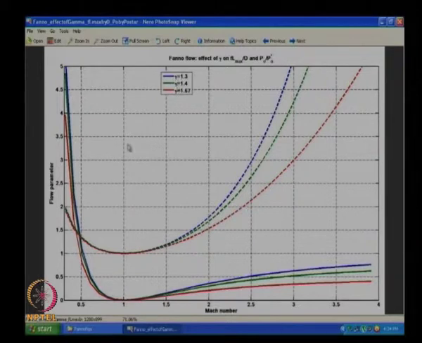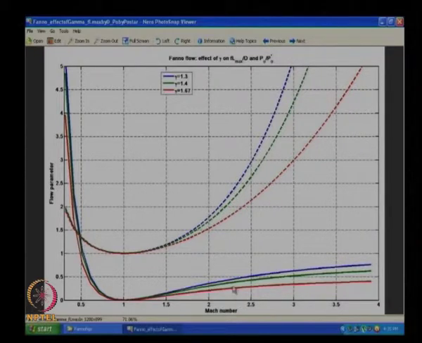So if I pick my FL star by D, this particular curve, we are finding that there is very little change if I think about L star variations for the same F and D. But there is some change. If you think about a little more compressible gas, it looks like it can manage to go a little longer. FL star by D is a little higher for the same Mach number if it is more compressible. Is that logical? Yes, it is, because it is more compressible, it can squeeze through a smaller space. So even if somebody is resisting, they will manage to go through it.